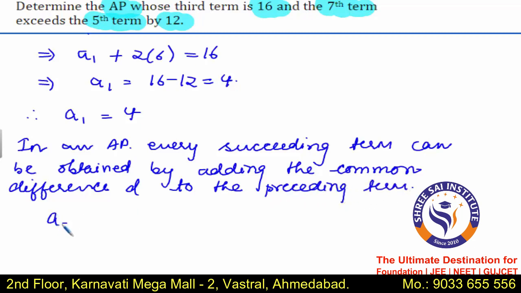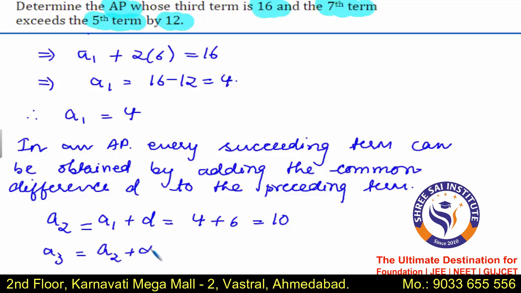Therefore, the second term can be obtained by adding the common difference to the first term, that is A1 plus the common difference D. The value of A1 is 4 and the common difference is 6, so this is equal to 10. The third term can be obtained by adding